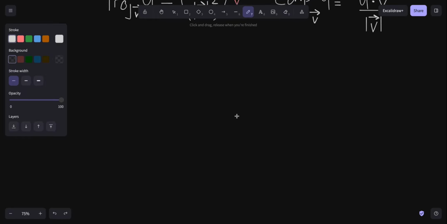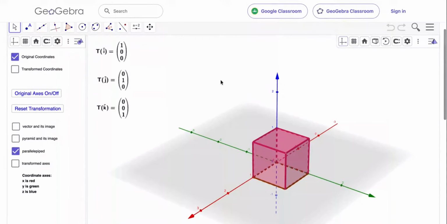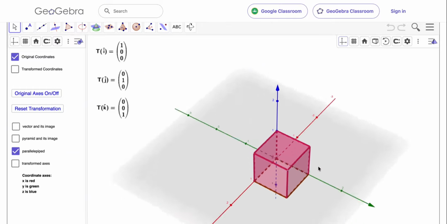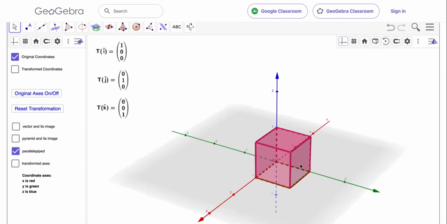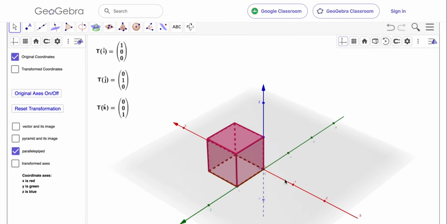So now we're going to move on to determinants for 3x3 matrices. You might recall that when you take the determinant of a 2x2 matrix, it gives you the area of the parallelogram, or it could be 0 if it doesn't have an area. But the point is that it deals with area. So you can imagine that if we have a 3x3 matrix and we take the determinant of it, it gives us volume. And so you can see that the volume of something called a parallelepiped,